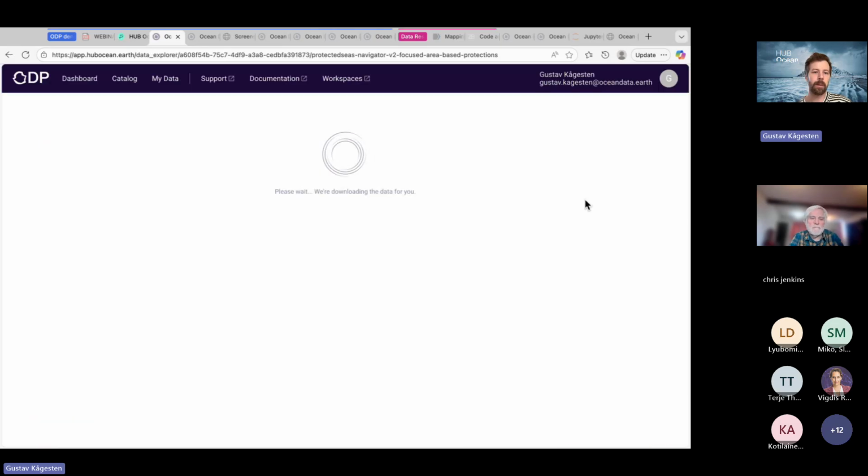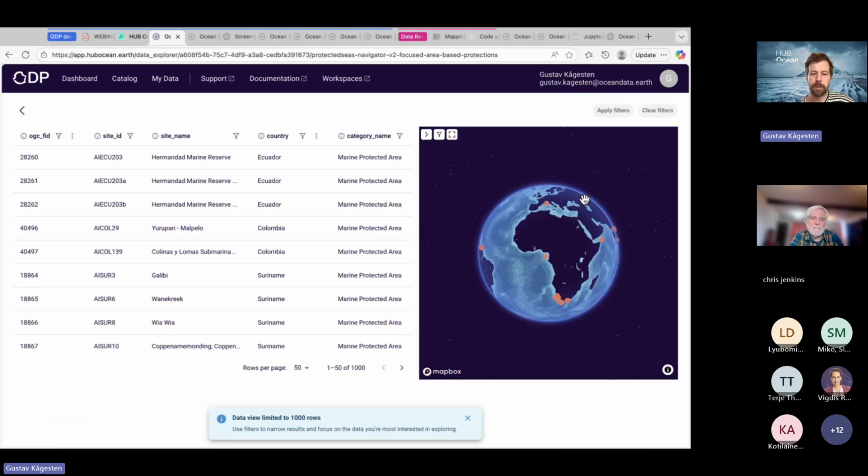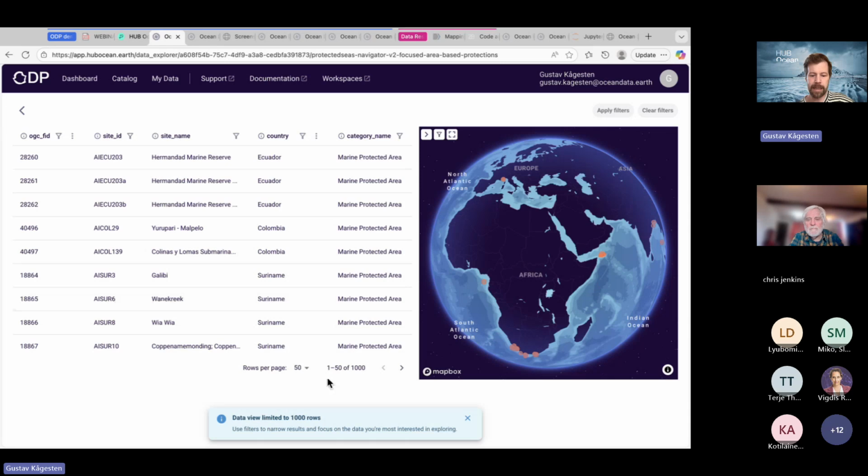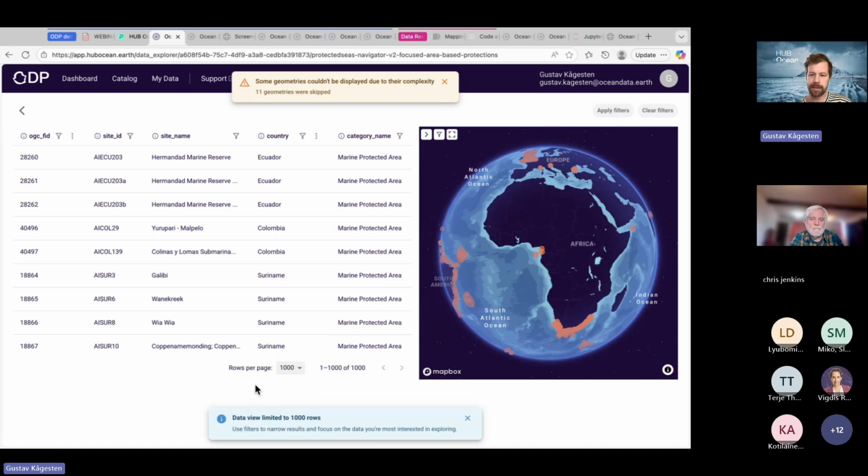We can go in and explore this data set, which means we're actually opening that data. At the moment, you just see the first 1,000 rows to keep it very fast. But then you can go in and filter the data. We can already display a lot more data than this. I will show you a secret trick in a bit.